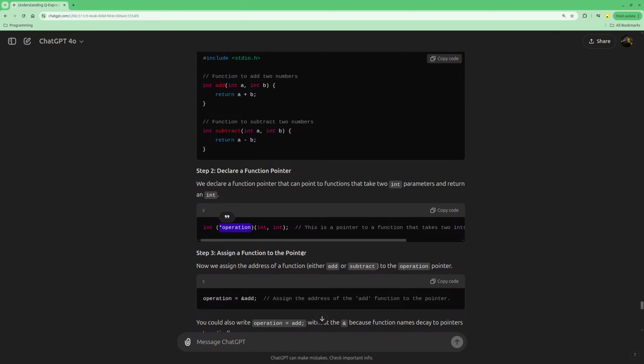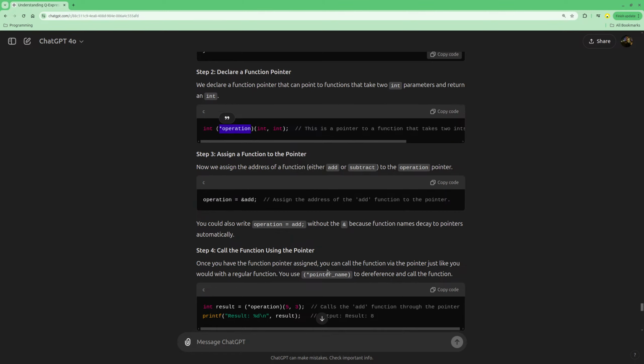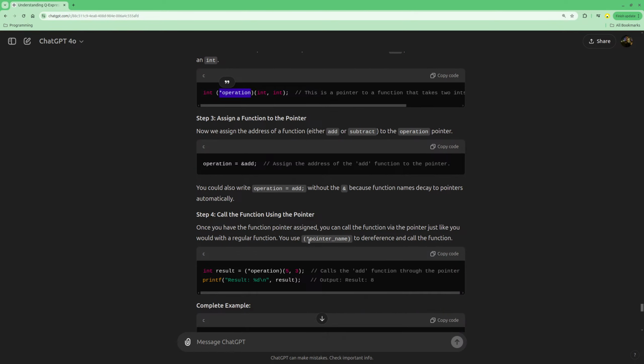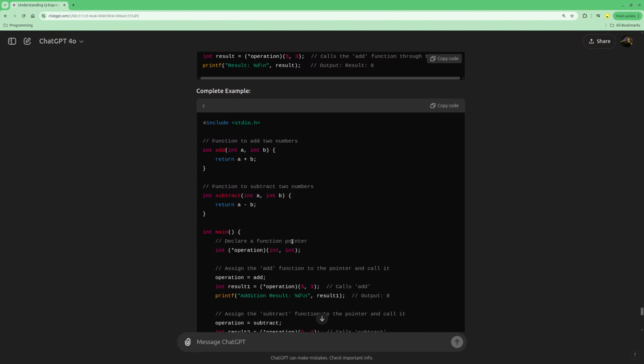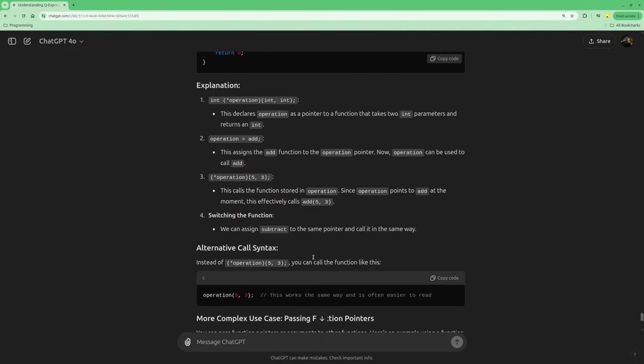Assign a function to the pointer. Now we assign the address of a function, either add to the operation pointer, assign the add function to the pointer like this, and call it like this. Do the same thing, call it again. So the explanation says